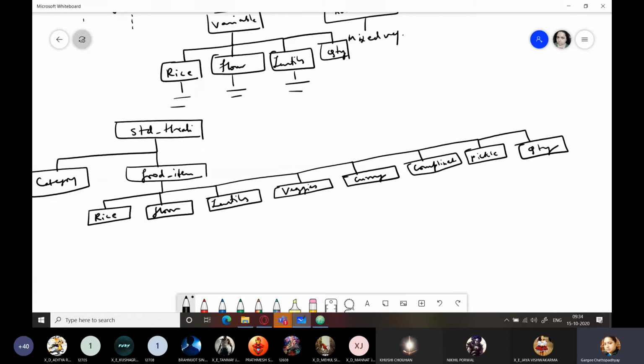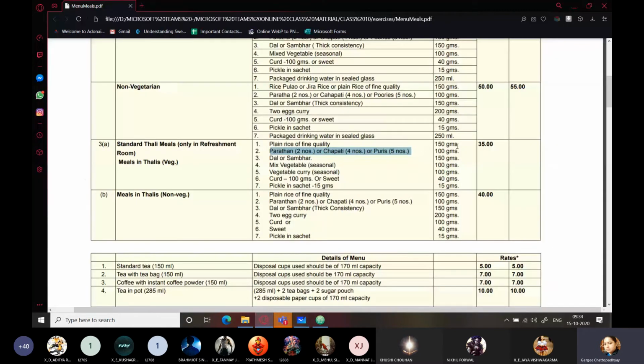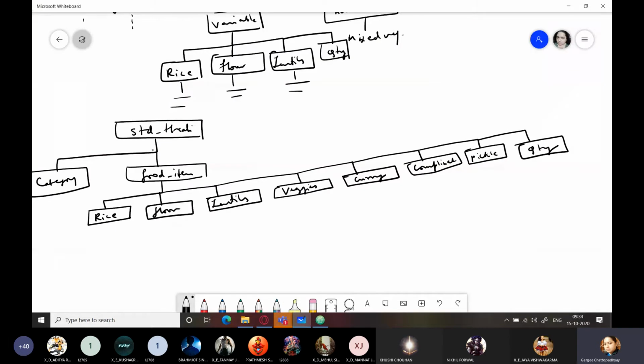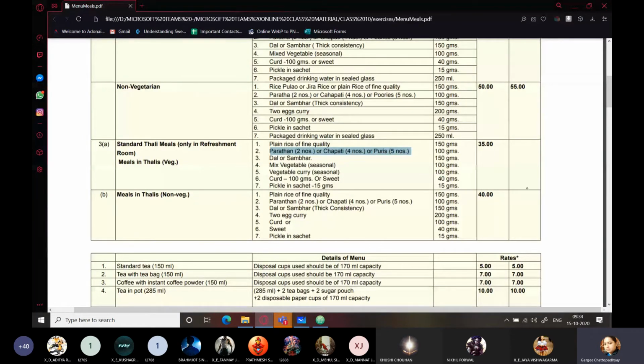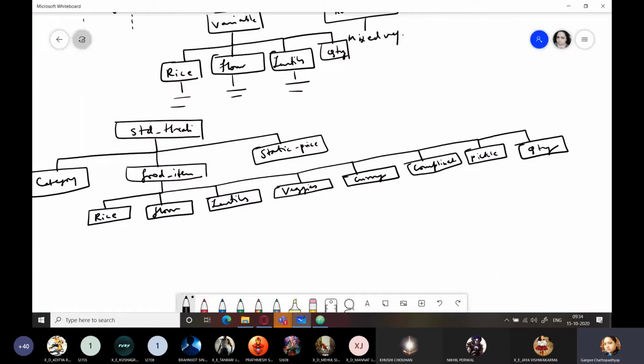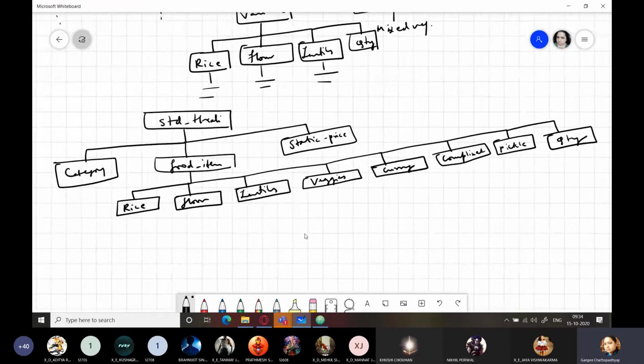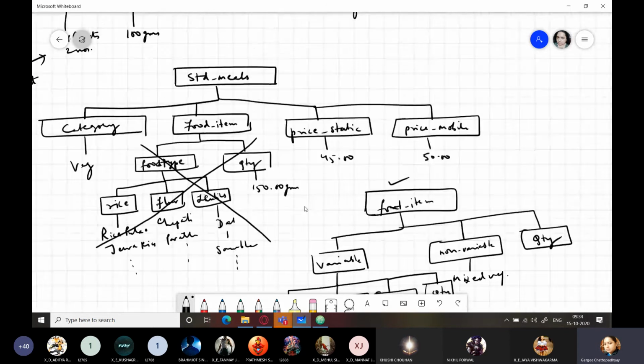I will get the quantity of every item also, right? And finally you have, now here you can add, if you want, you can add price, static price and dynamic price. So that would come over here. Static price, because it comes only with static price and there is no mobile price, so you can just keep it as static price, right? So what do you think about this? I think this can also work. So we'll start doing it and then we'll see.